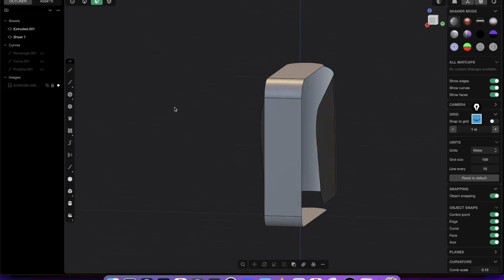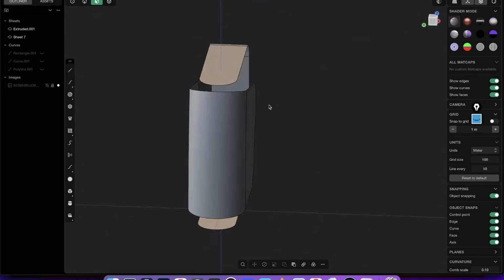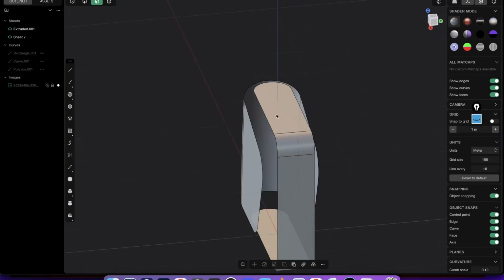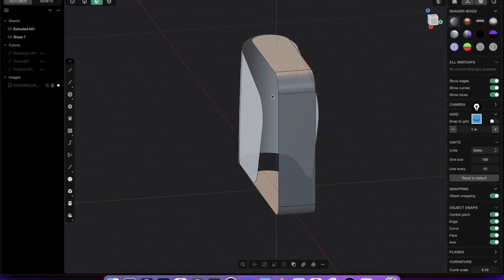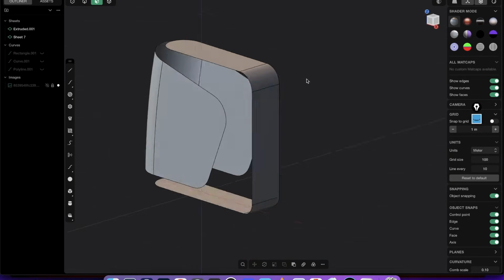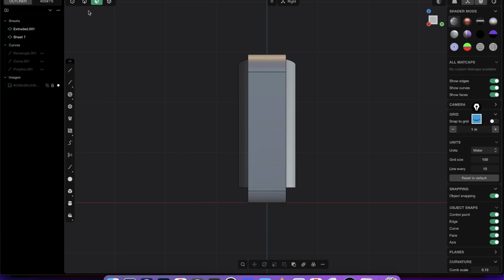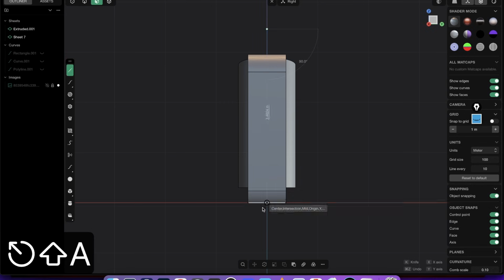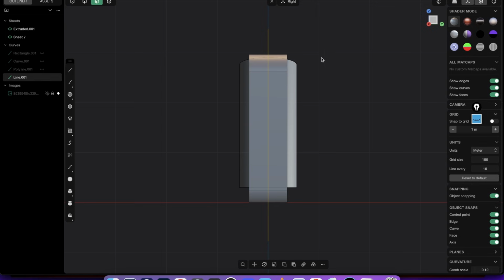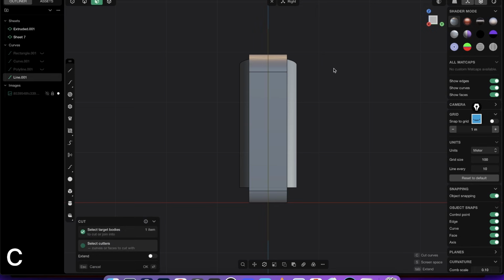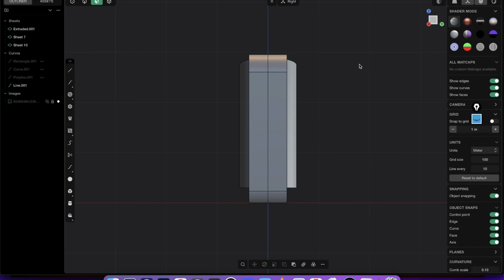Because in this example it's again symmetric, so in the front it's the same as the back. As always, I want to first cut it in half. So I just go to the left or right view, create here a line and snap it in the middle like that. Right click and press C, cut into the first surface, right click,